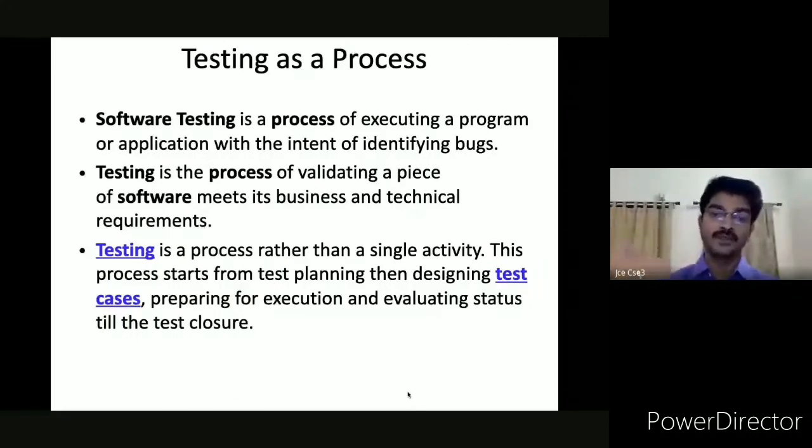From starting to test closure, we have to undergo a lot of activities. That is nothing but it all comes under activities, like designing test cases. The core area in software testing is designing or developing test cases. Test cases are going to play a vital role in the software testing process,